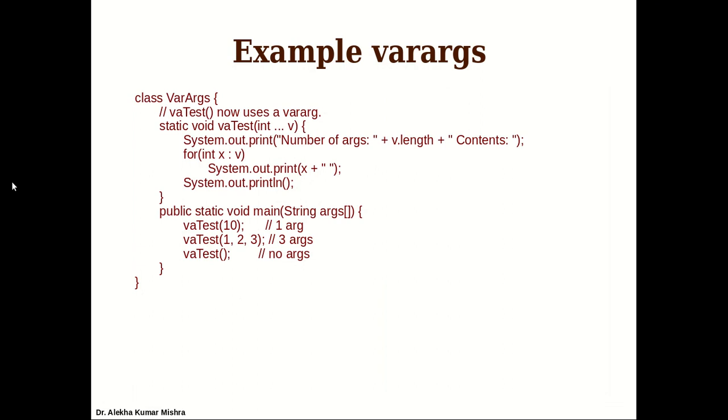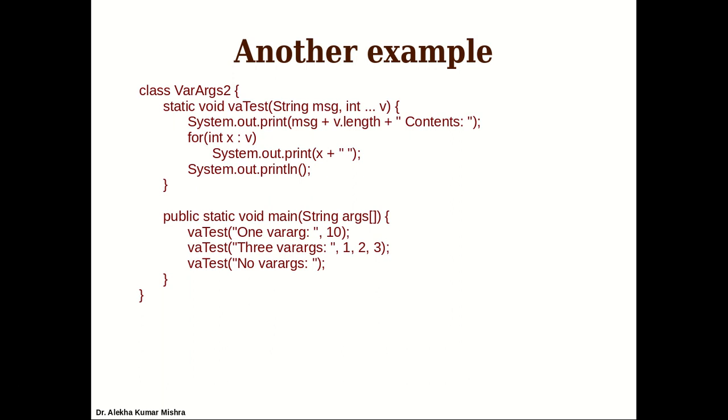Next, as I told, along with a variable argument parameter we can take other parameters also. However, we can take exactly one variable argument parameter, and it must be present at the end, the rightmost argument. You can see that along with it we are also taking a string, the message, and this is the variable argument. Depending upon what program you are writing, if it requires a variable number of arguments to be passed, we can use it efficiently.